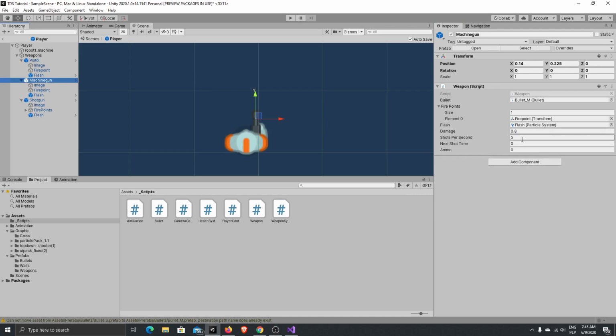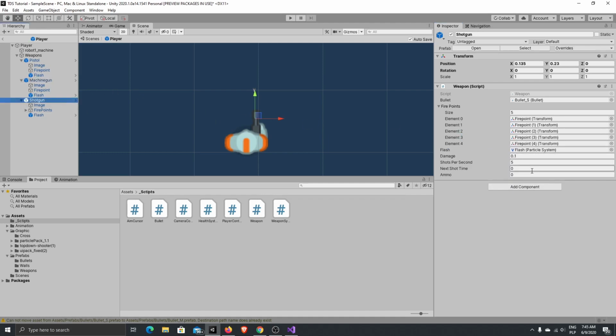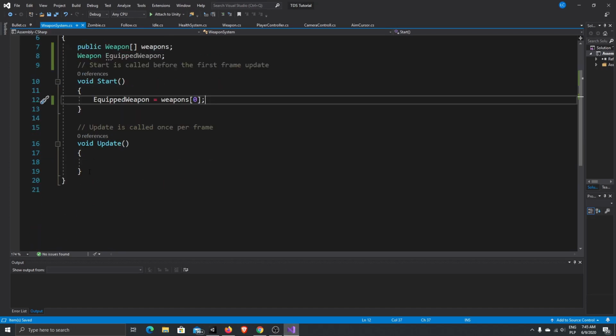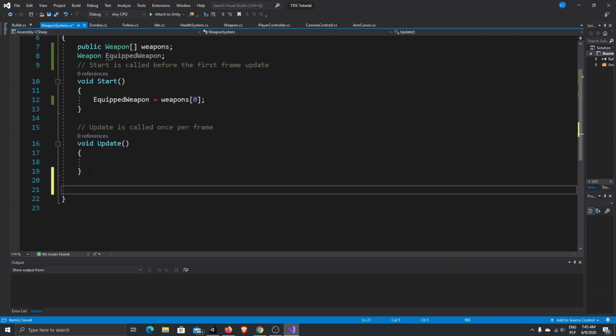I just noticed one thing. Yeah, we don't have ammo added for the machine gun. Let's make it 15, and for the shotgun, let's make it 8 for now. So let's save all. Let's go to our script, and to equip our weapon, we'll do something similar, but we'll be